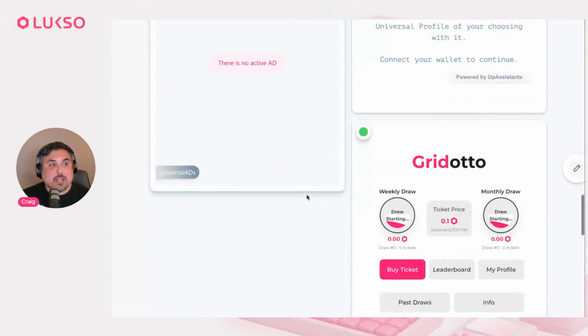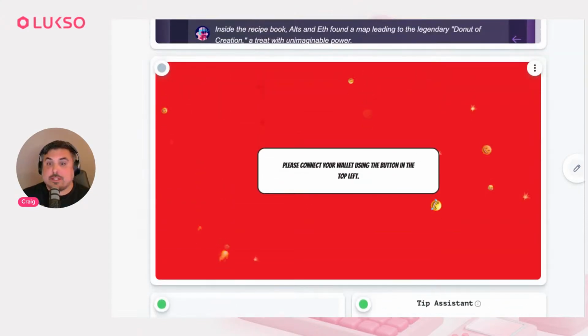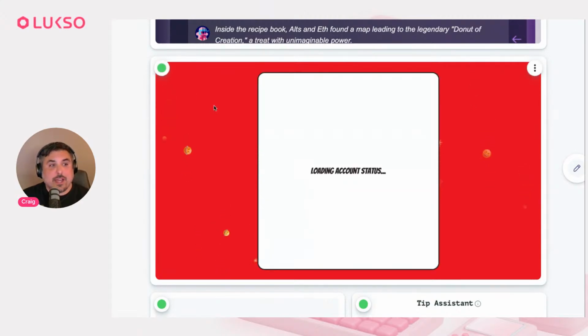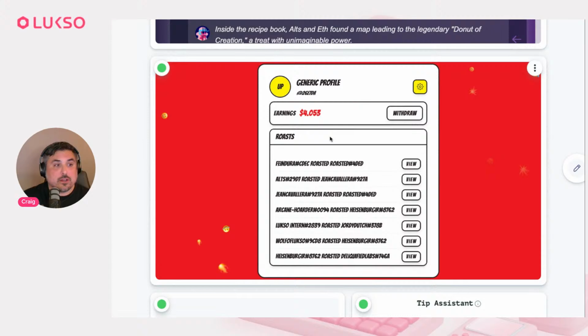I wanted to bring this up. I wanted to show you this simple application right here, which is a mini app. Stephen described a mini app. You can see I have a couple connected at the bottom. The green shows you that I'm connected in these iframes to the extension through the UP Provider. Here, this is actually an app called Roasted. It's a simple app, but I want to show you the playfulness of what a mini app can look like in the LUKSO ecosystem.